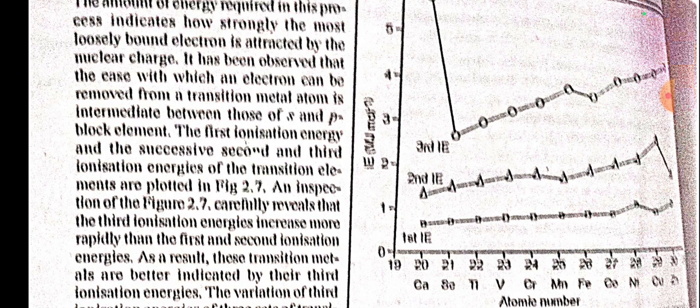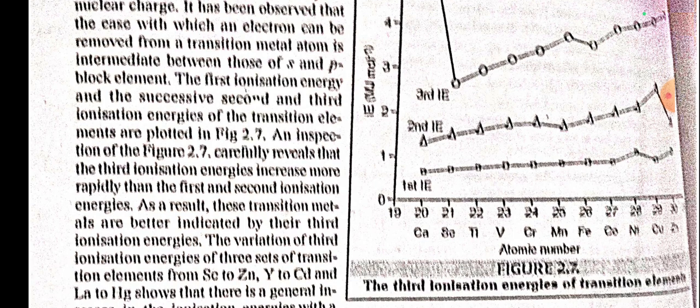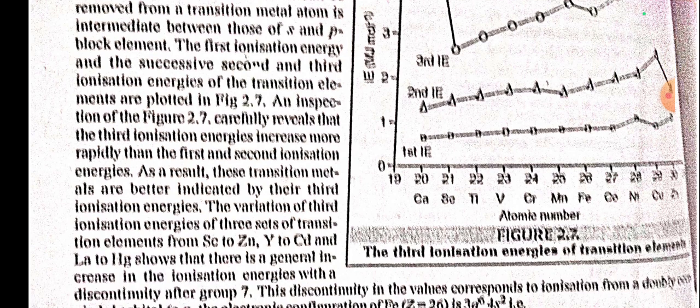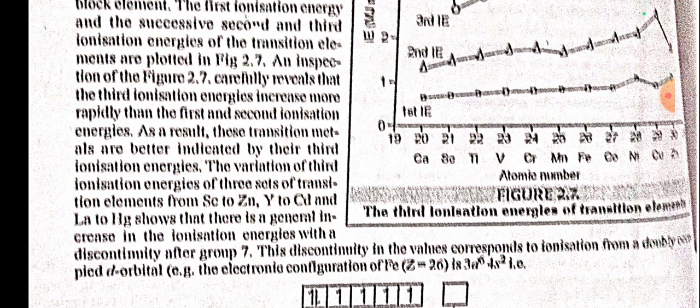The first ionization energy and the second and third ionization energies of the transition elements are plotted in the figure. An inspection of figure 2.7 carefully reveals that the third ionization energy ascends more rapidly than the first and second ionization energies. As a result, these transition metals are better indicated by their third ionization energy. The variations of third ionization energies of these transition elements from scandium to zinc, Y to Cd, and La to Hg show that there is a